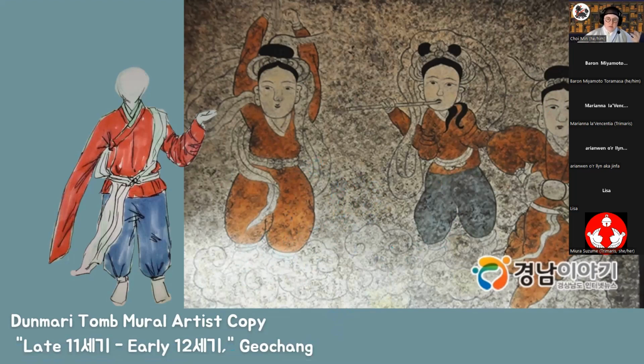So these are dancers, and we can see they're wearing, in my opinion, the belt worn really low. So I drew a little sketch right here of what I think it would look like. And it's kind of hard to see, but we're still seeing really long sleeves, really bunched up. And we're seeing here things are being crossed. I drew it crossed this way because that's how it should be, I think, at this time.